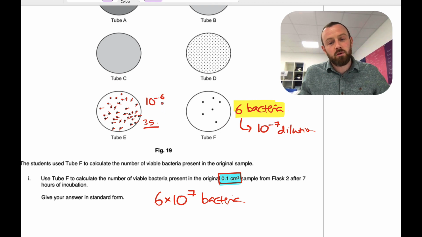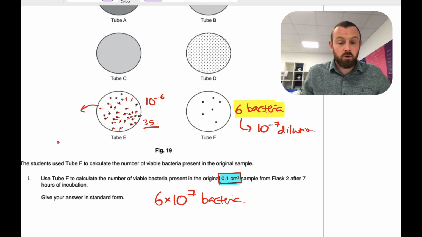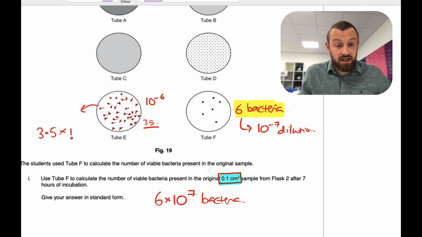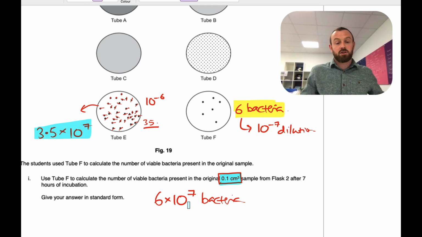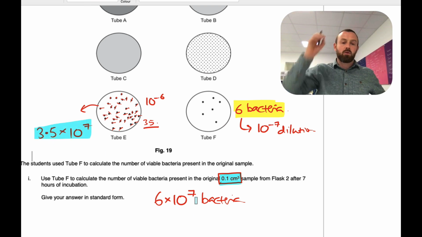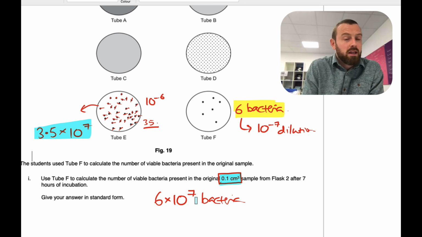So if you were to use this as opposed to this figure and estimate from here, you would actually get 35 times 10 to the 6, or 3.5 times 10 to the 7. So those numbers are quite different, aren't they? This would be the estimate using tube E. This would be the estimate using tube F. So which is more accurate? Which is more reliable? Well, the answer is actually E, because